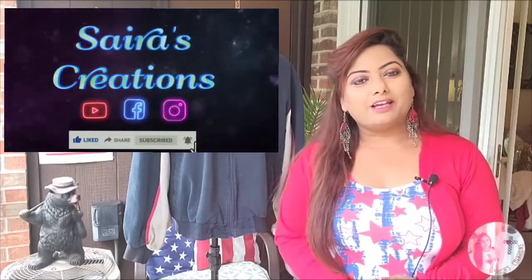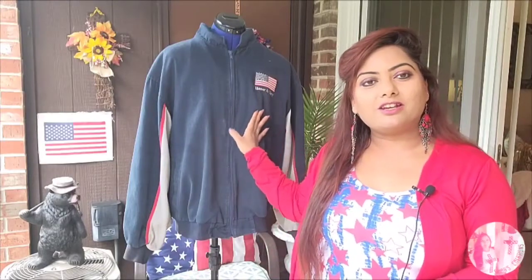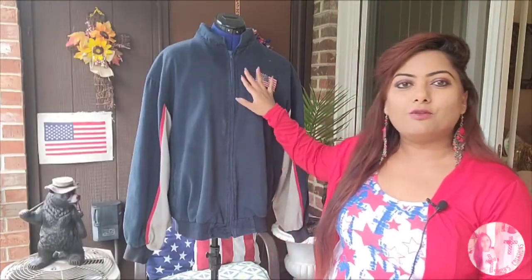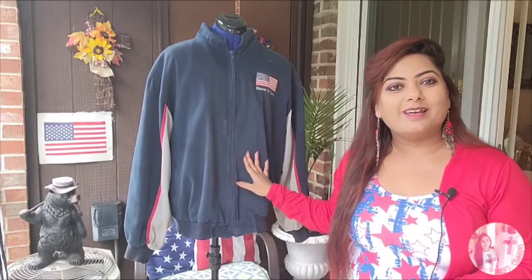As we are heading to 4th of July, I decided to bring back another sewing project. If you see, we have this beautiful denim jean jacket in front of us. This jacket belongs to a veteran, and today I'm going to teach you especially how we're gonna replace a zipper on this denim jeans jacket. This project is so much fun, easy and quicker to do,